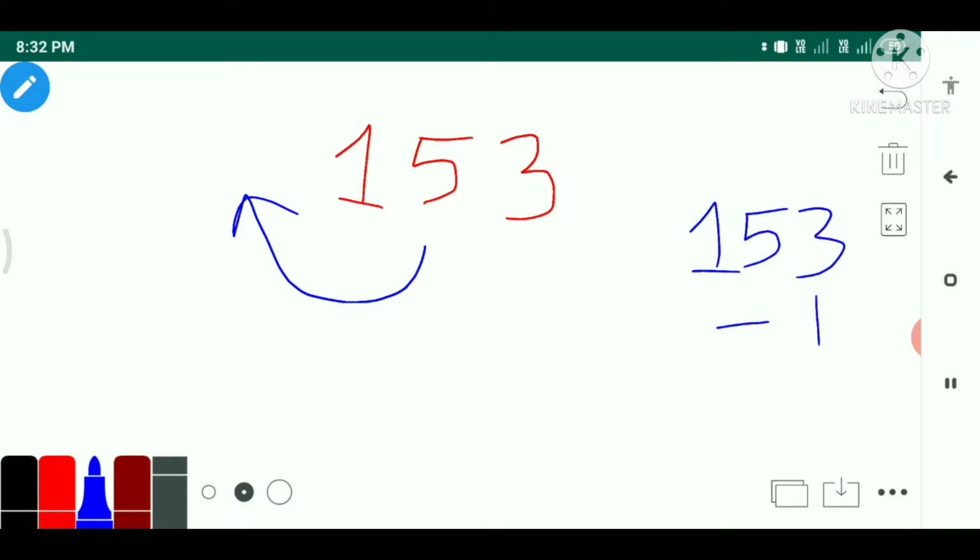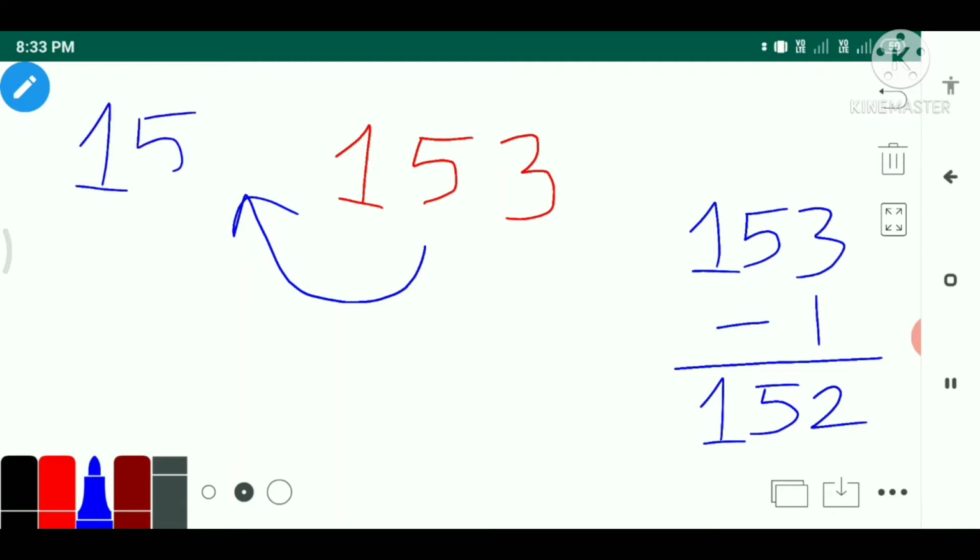We'll do minus 1 with 153. And what we will get? 3 minus 1 will become 2. This 5 will come down. This 1 will come down again. And the number is 152. Okay, this is how we can find a before number.